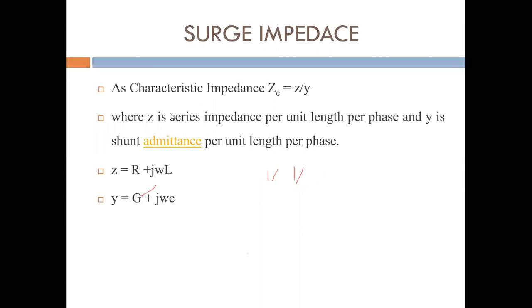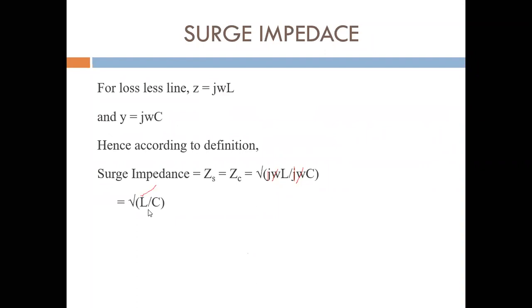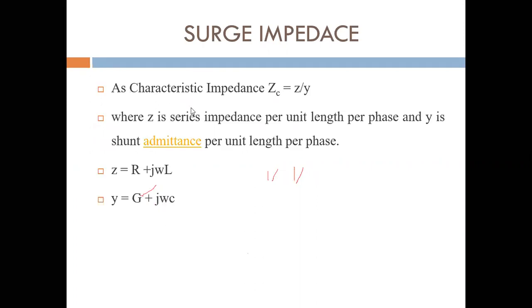Therefore, the characteristic impedance ZC is written as the square root of Z by Y. Here ZC is equal to the square root of L by C, that means L corresponds to Z and C corresponds to Y. Therefore, ZC is equal to the square root of Z by Y, where Z is the series impedance per unit length per phase and Y is the shunt admittance per unit length per phase. Okay, normally in the normal line or normally